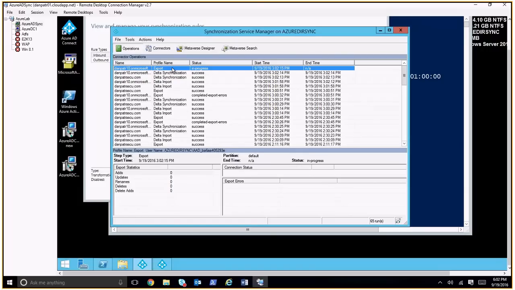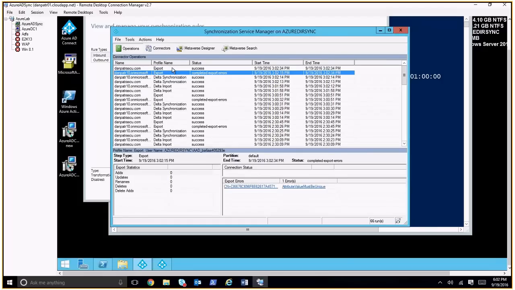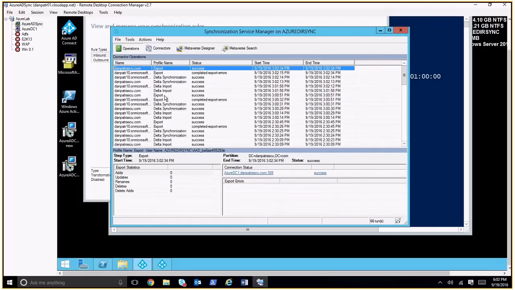First we export to Azure AD, and then we have the final operation, the export to local AD, which, as I told you, unless you have hybrid, will never synchronize any data to your Active Directory. And since we didn't make any change to any user object in our local Active Directory,